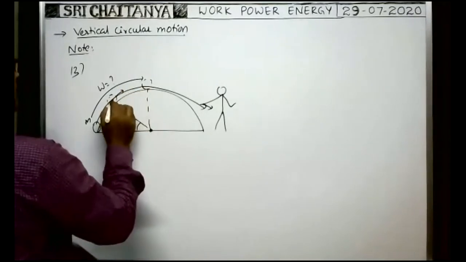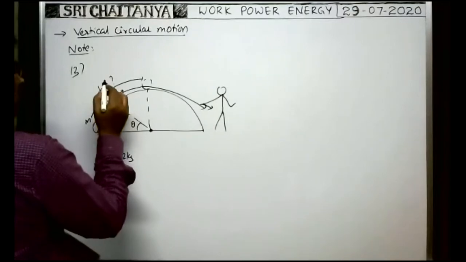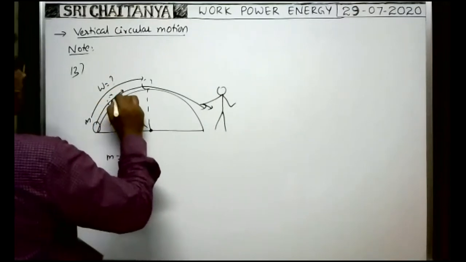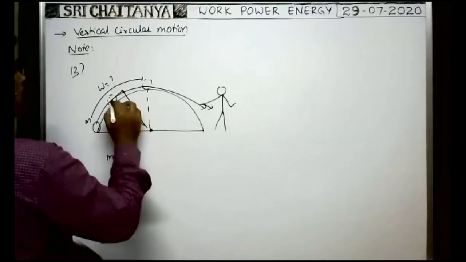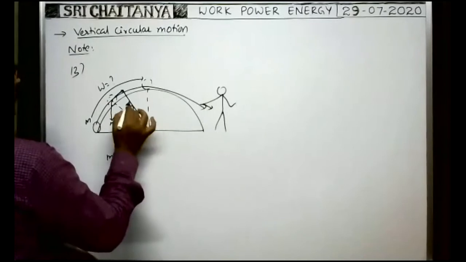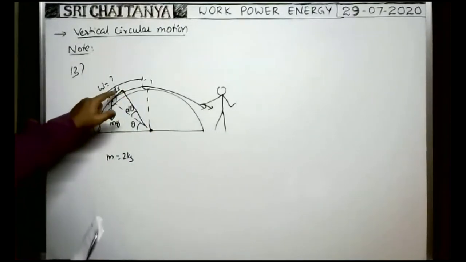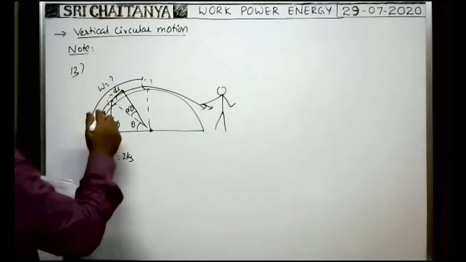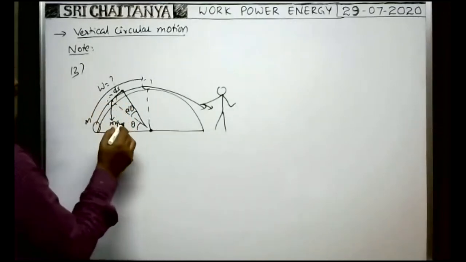The displacement of the body is along the tangential direction. Suppose the small displacement of the body along the tangential direction is ds. This displacement makes an angle d theta at the center. The displacement is small, so for the small displacement ds there is no considerable change in the friction, because friction at this point depends on the normal reaction. At this point, what is the normal reaction?